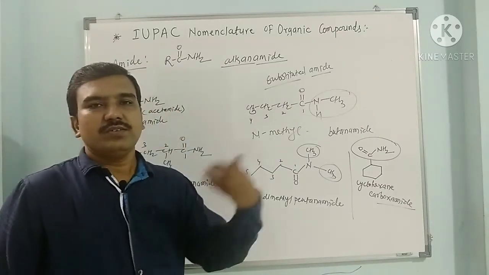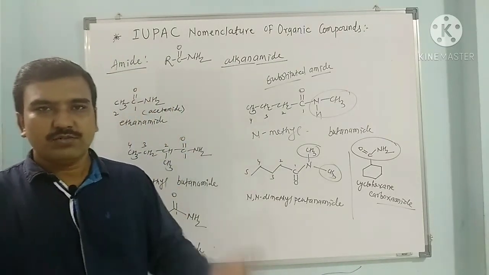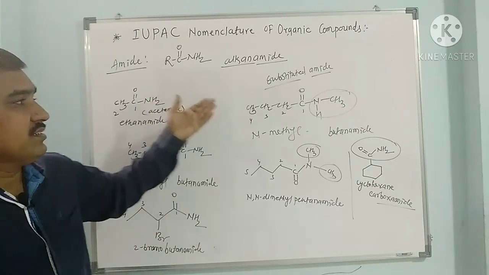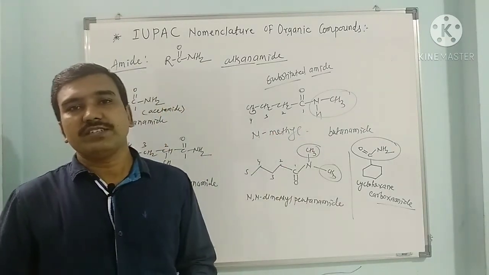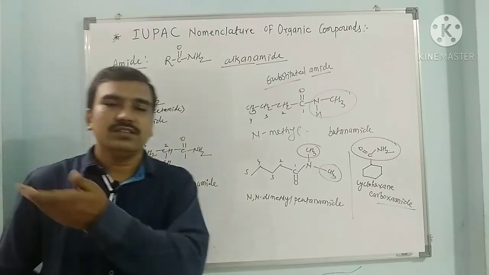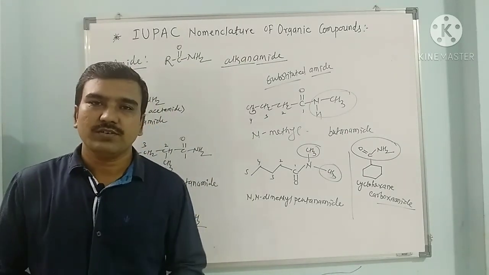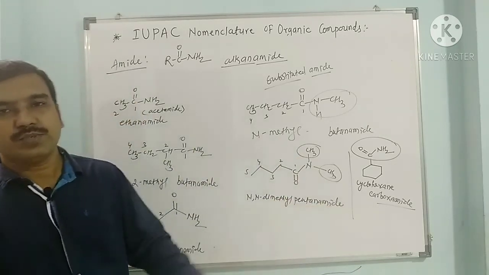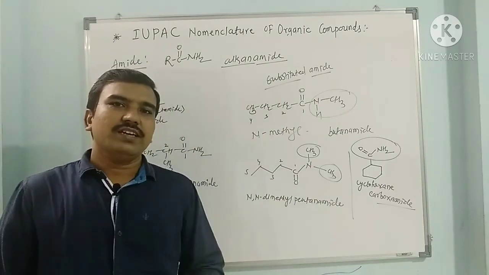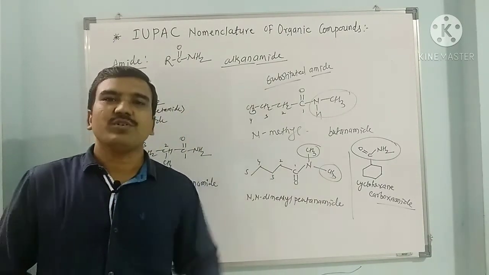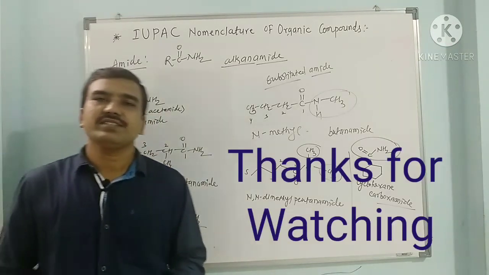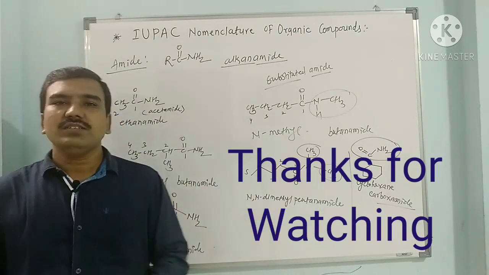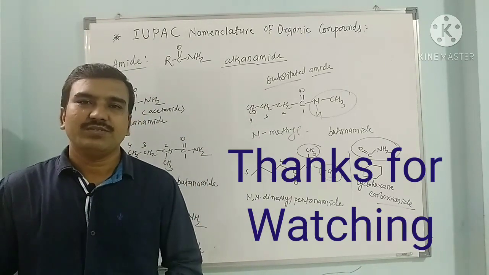Here we have seen various compounds such as carboxylic acids, esters, anhydrides, acid halides, amides, nitriles, and substituted amides. So we have discussed compounds which contain single functional groups. Next we will discuss difunctional compounds, meaning two different functional groups are present, which are named as per the IUPAC priority order. So in the next lecture we will discuss difunctional or polyfunctional compounds. Here we have seen various carboxylic acids and their derivatives. Thank you.